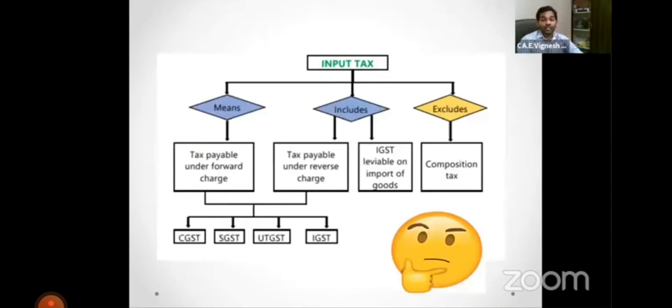So first let us understand what is the meaning of input tax. Simple. If we purchase anything from the supplier, we will pay the amount along with the tax. That tax component is called